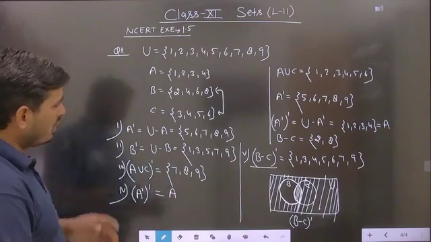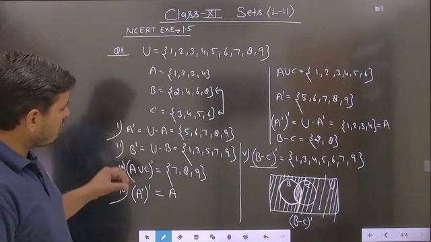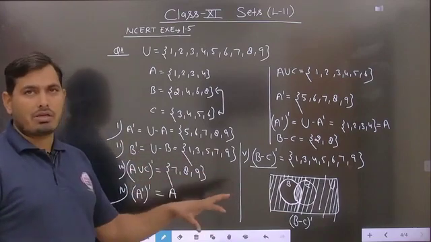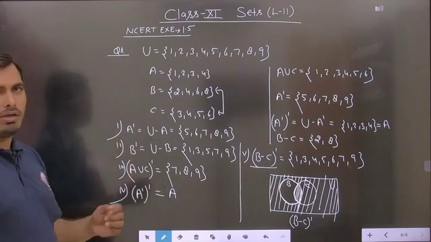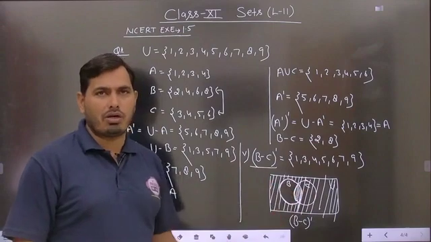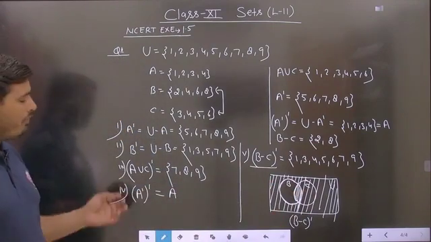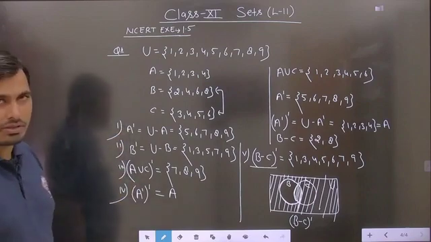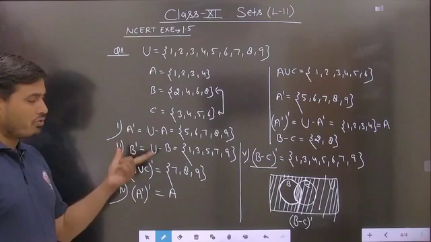So in question number first, students, some of the parts we have to simplify here. Then you can check how the calculation proceeds in this answer, and you can also make the Venn diagram of each and every part. Suppose I want to show the Venn diagram of B minus C whole dash. Such types of Venn diagrams you can make with the help of the given operations. Is it clear? So this is the answer of question number first. Pause the video to note it down.